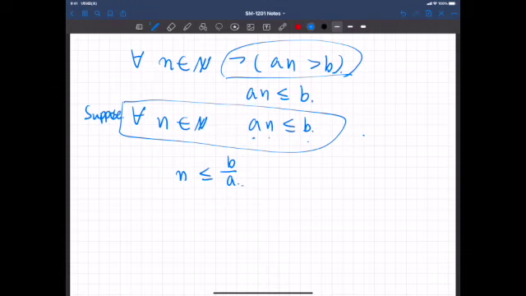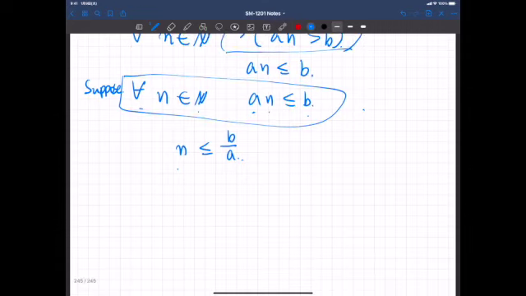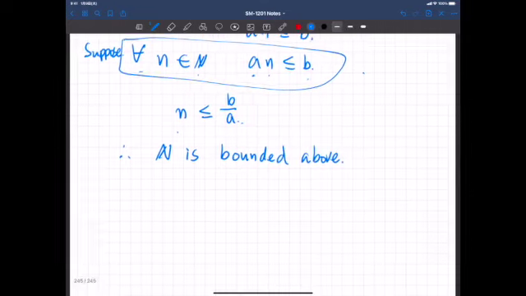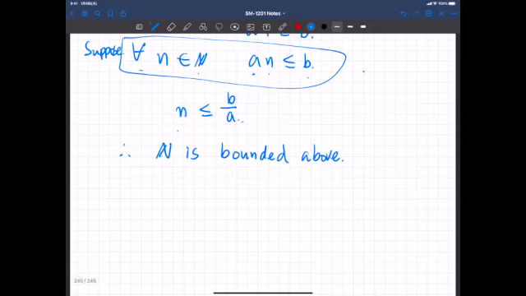We are saying all natural numbers here. So this means the set of natural numbers is bounded above. So according to the continuity axiom,